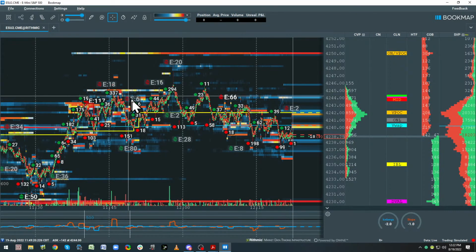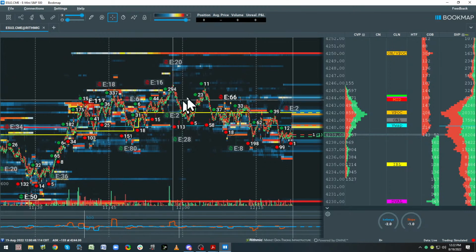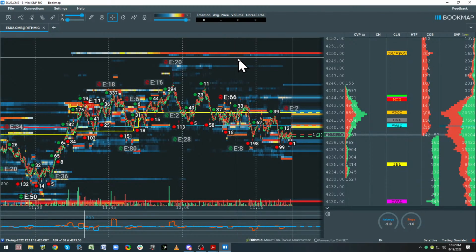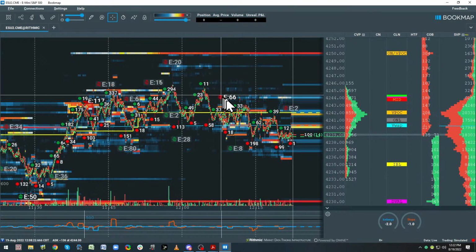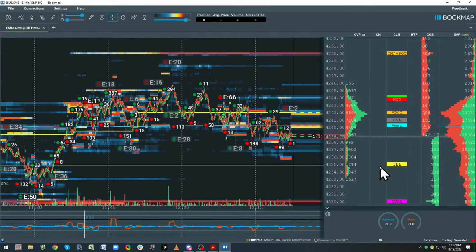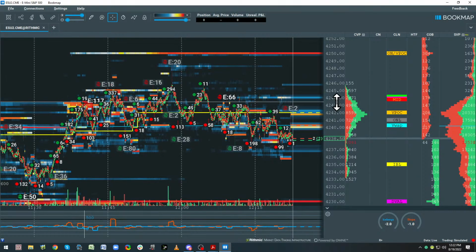Where was it? Was it there? Was it there? Where was it? I don't know. We tried there. That was fine. We tried here. That's fine. We still got the target. Nothing's changed. And it can still take out the low of the day, and we have 42.15 below.